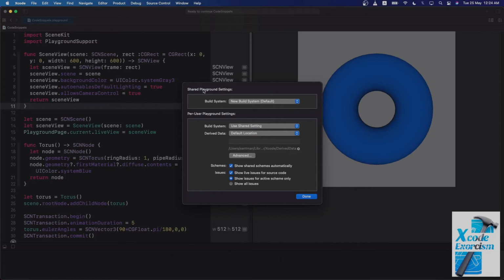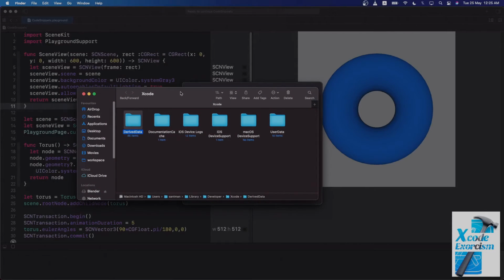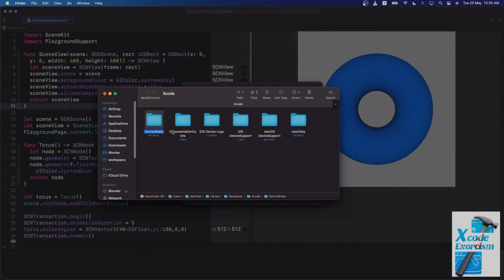If you have an Xcode project open, you can do the same process and follow the same steps, and you will still be able to use the code snippets you have created. If you click on this particular button, it will open one particular folder. This is the folder where Xcode has kept all its user data.